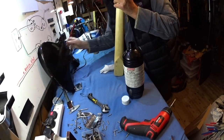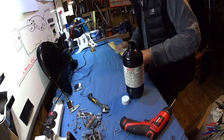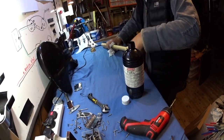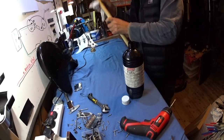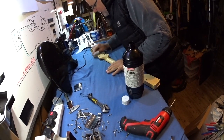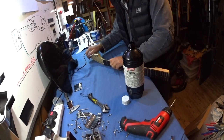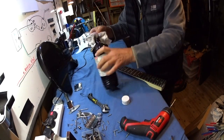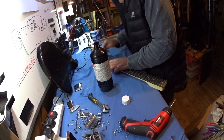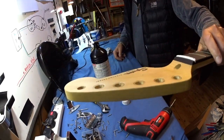Let's have a closer look at the neck as we go through now. So, I think I'll throw this rag away in a minute too. So again, a quick clean down from a hygiene point of view. A pin or something on the end there that won't come off, but it's not the end of the world. Yeah, it's got a sort of sealer finish. I wouldn't necessarily call it even polyurethane. It's like a factory sealer, but it must have something on there because it's got this logo on it. It's got a nice metallic